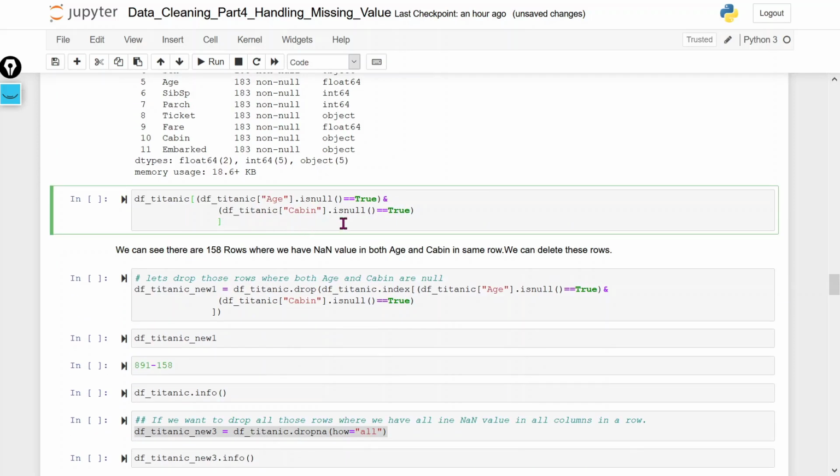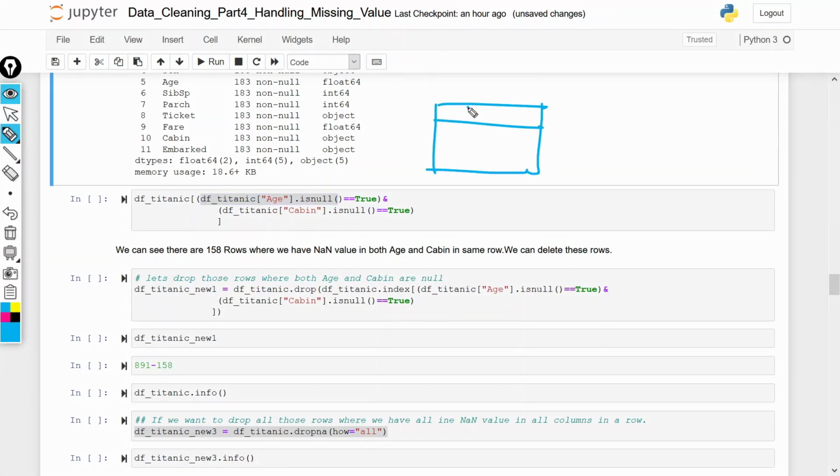And now what I am going to do is use the AND condition. It means null value from the age column and Cabin column. It means all those rows, all those samples where both the columns have a null value. So if this is our data frame, if this column has null and this column also has null, 1, 2, 3, 4, 5, 6 and 7. If these two columns have a null value, then we can select this row. Otherwise, if we have only a single null value, then we will ignore this. We will select only those rows where we must have null value in both age and Cabin.